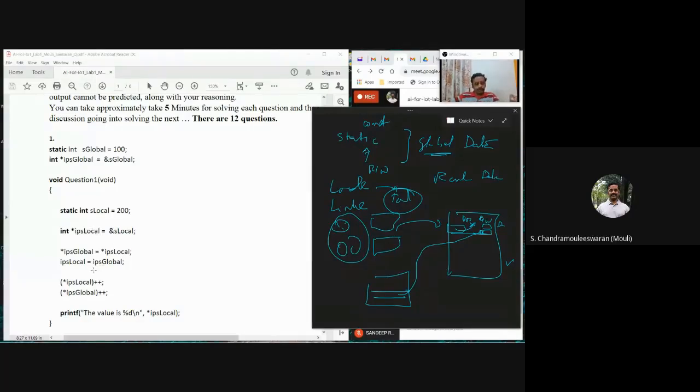No problem. Now what we do, we are incrementing star of that. Now plus plus, you know that it is equal to a plus 1. So star of this, that means you are accessing it, both are now pointing to the same variable 200. So 200 plus 1, 201, and 201 plus 1, 202. So the output is 202.